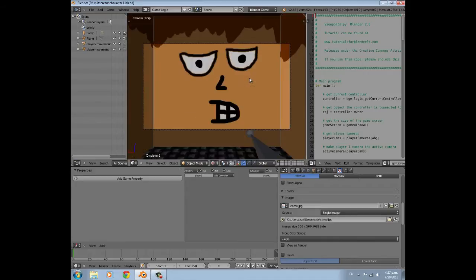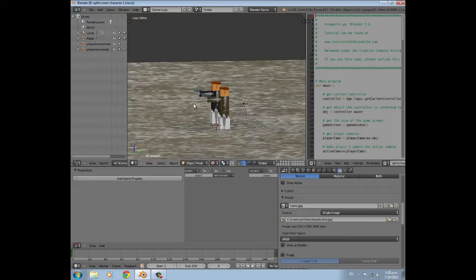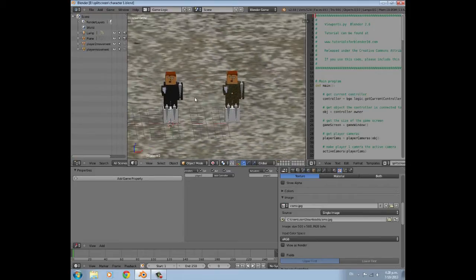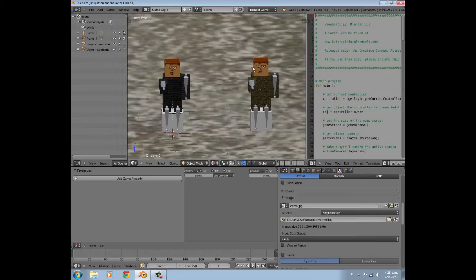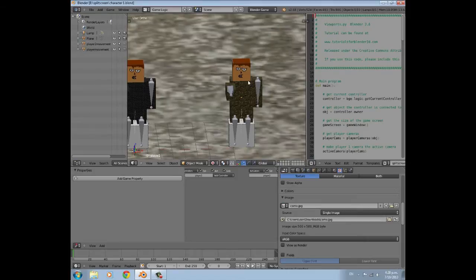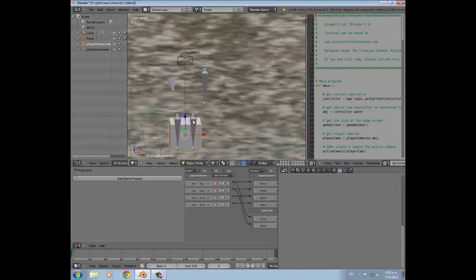Last time, in part 2, we got 2 different characters and the split screen script working, and them both running around with animations. But there was one problem with that: we haven't completely finished making the character, so we still need shooting animations and a couple other bits and pieces, and it would be really tedious copying it from one player and then doing exactly the same on the other one. So we're going to delete the player we made last time and delete everything